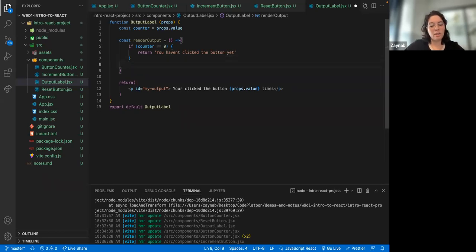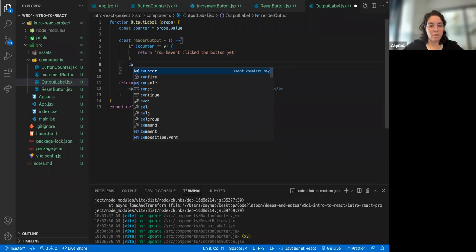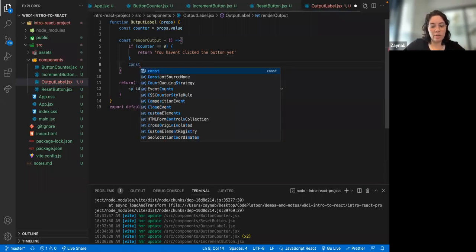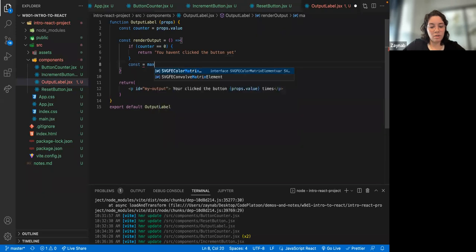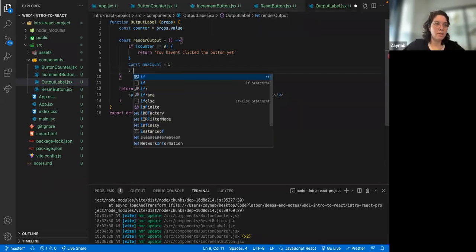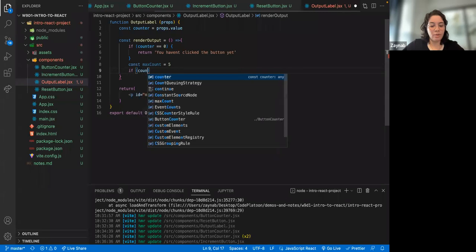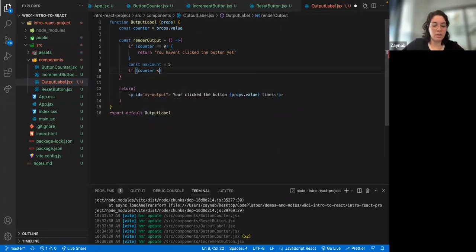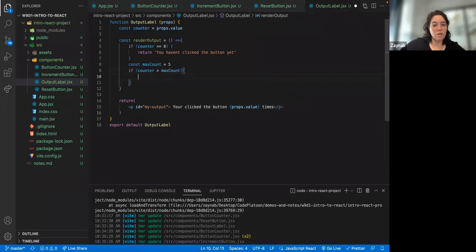And let's say we want a max count. So we can make a variable that holds the max count. Max count equals, let's say 5. And then if our counter is greater than max count, then we can say